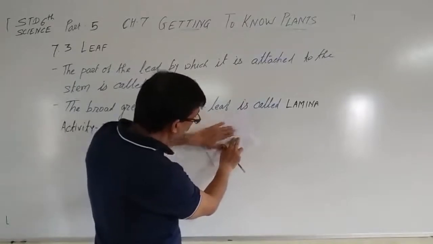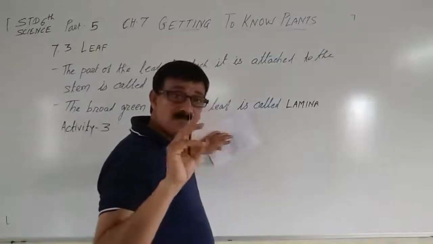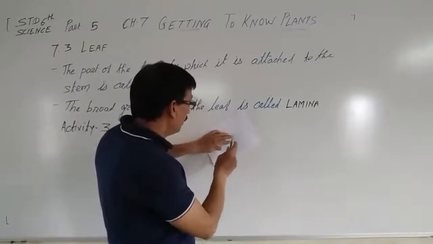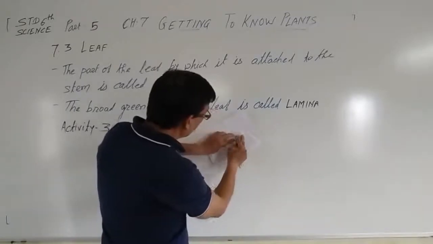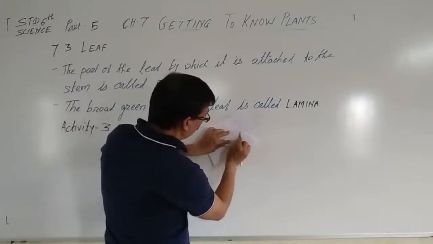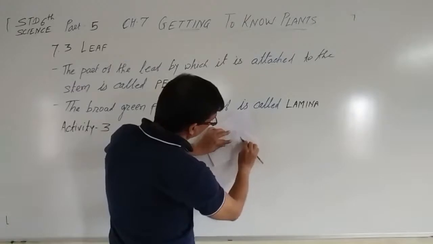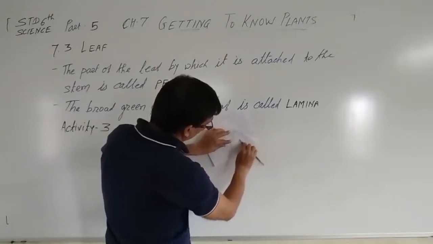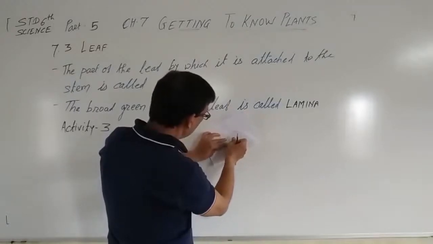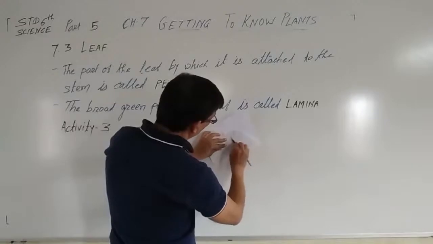Then what you will do? You will have to rub this with the pencil sideways. Okay, so let me do that, and you can see that. See, like this, you rub the paper where the leaf is under the paper. So there will be an impression of the leaf on the paper.